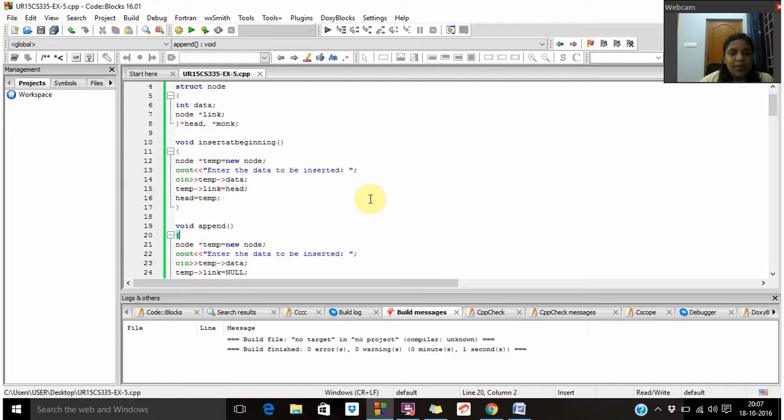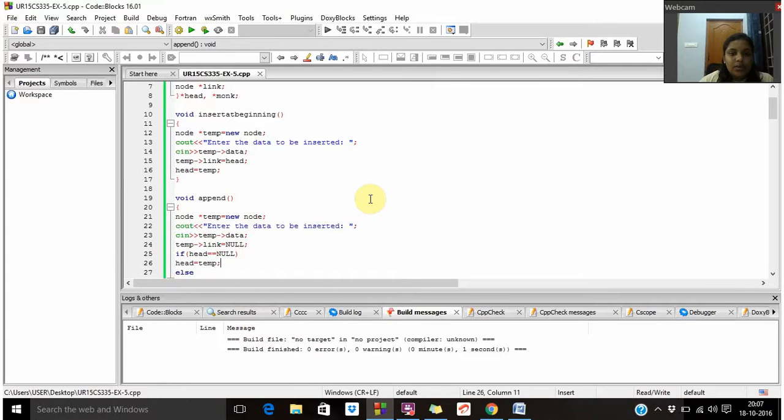And here append is to insert the element at the last position. So whenever we want to insert data, first we have to create a node. A node consists of a data and a link, that is an address of the next data. So here I am creating a new node and I am asking the user to enter the data to be inserted, and I'm giving the link of temp to null, because at the last position you don't have any other element to proceed. So the temp arrow link is given to null, and if my head is equal to null,